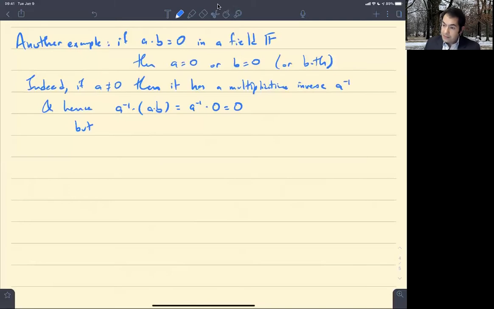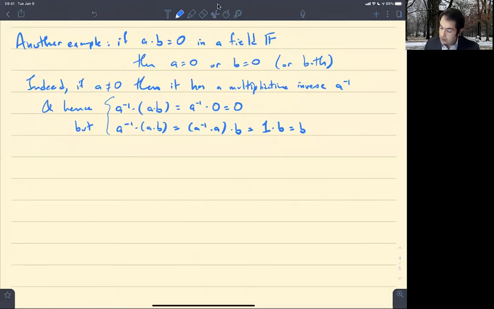On the other hand, A inverse times A times B is, by the associative property, A inverse times A times B. Right, but A inverse times A is 1 by definition of the multiplicative inverse, and by definition of multiplicative identity, 1 times B is equal to B. So if you put these two together,